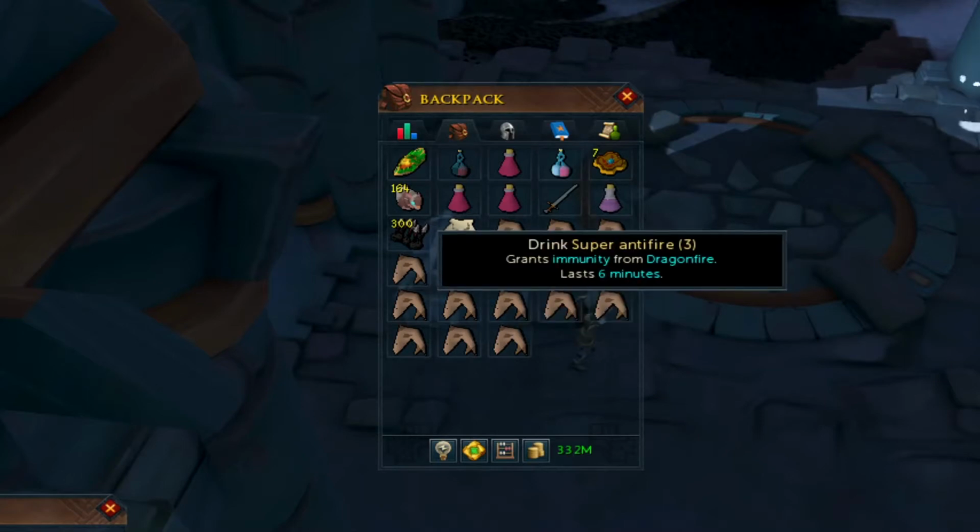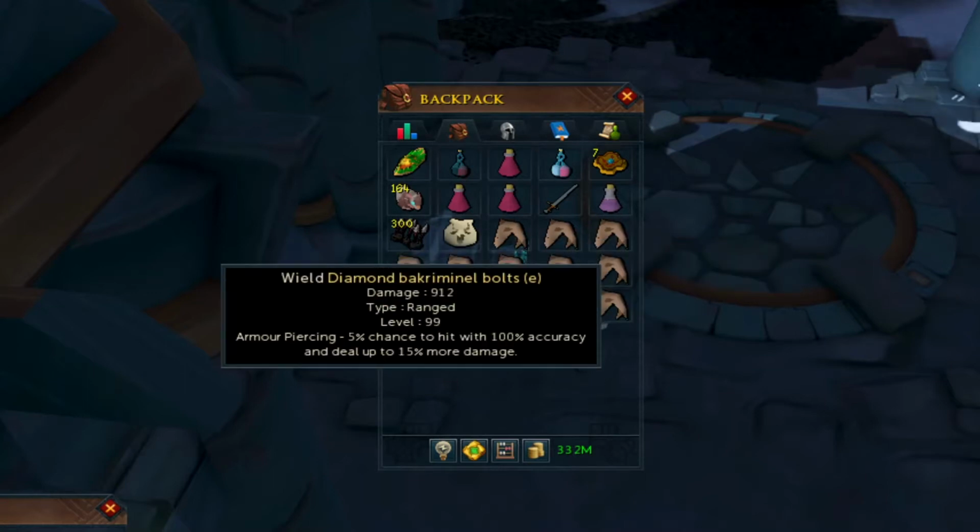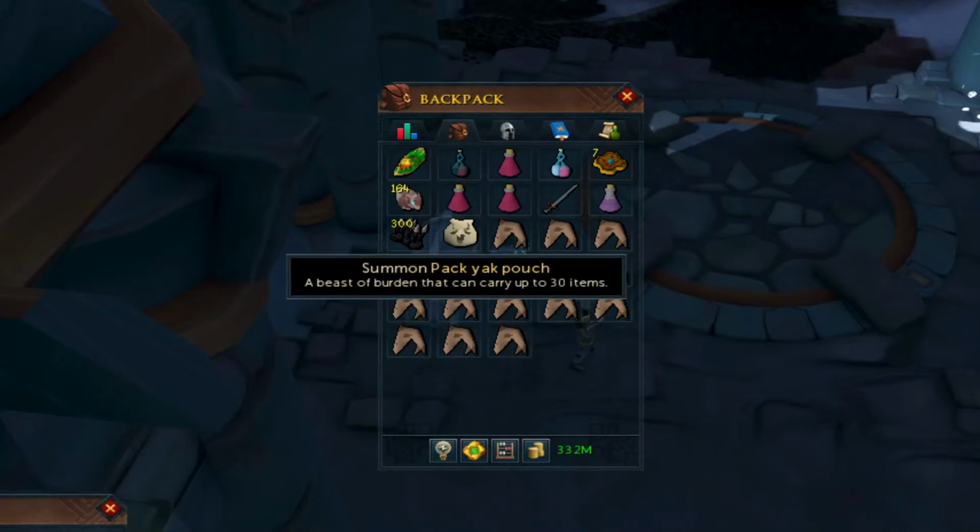The super anti-fire, because the red dragons and the black dragons, they do dragon fire, but inside of this dungeon, the celestial dragons do not do dragon fire. Some diamond criminal bolts for the accuracy and, you know, that little bit of damage boost, and a pack yak for, you know, extra